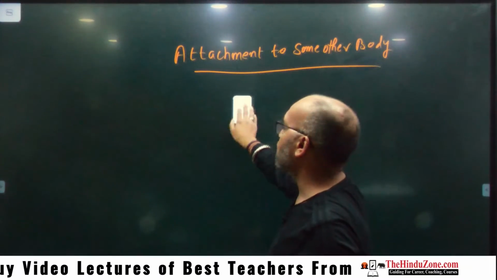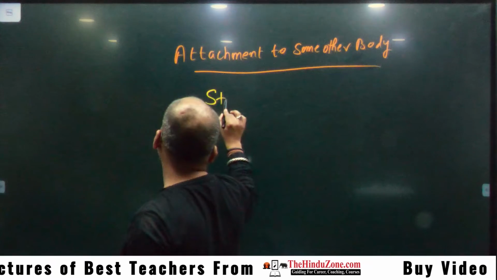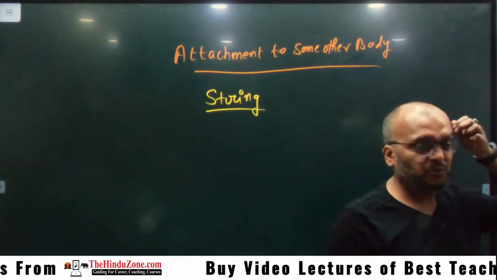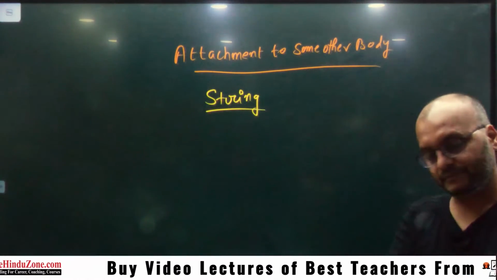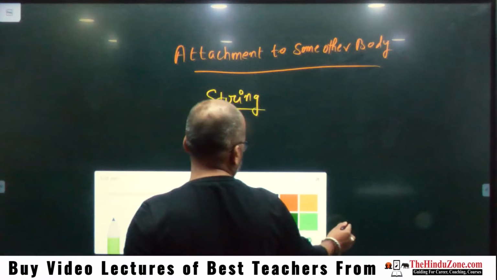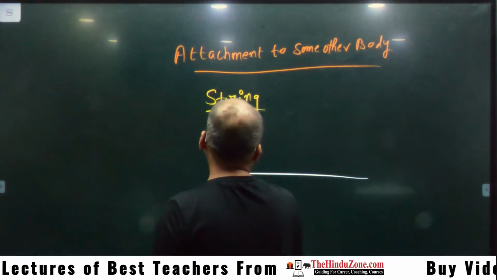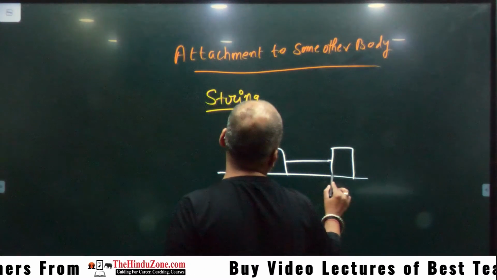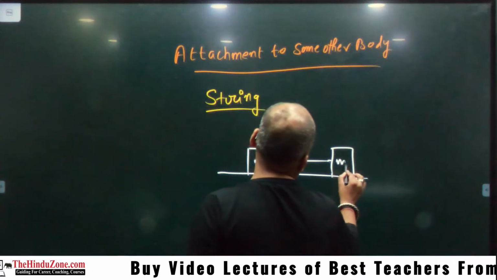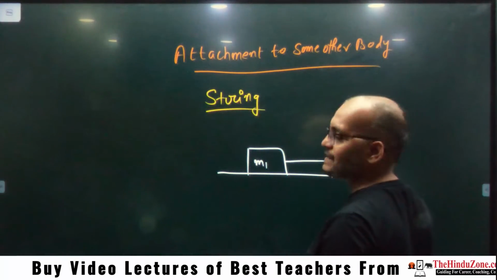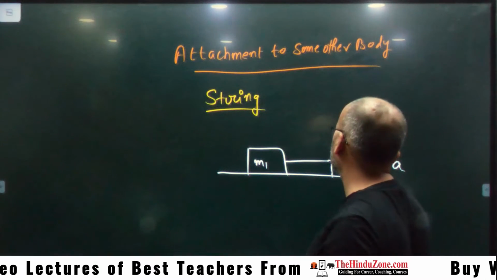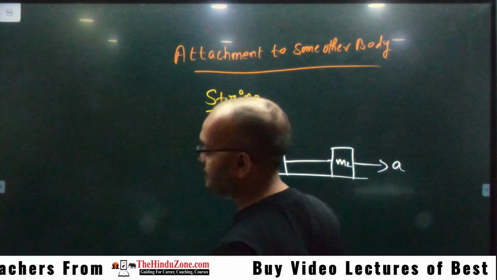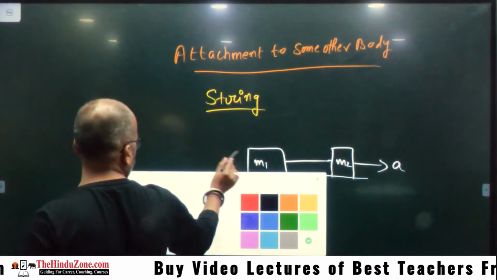So first of all let's talk about a string. Write down few points regarding the string. First, let me give you an example. Suppose, hello, look here. There are two masses, m1 and m2. And you give an acceleration, let's say a to m2. Same string as you can see. So what will be the acceleration on